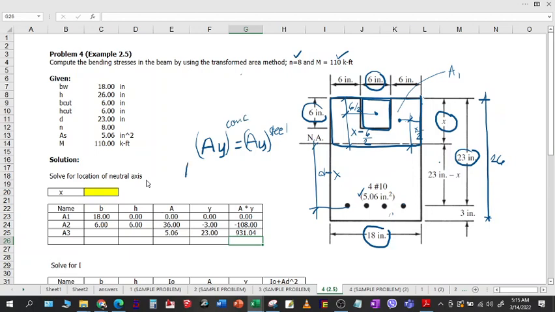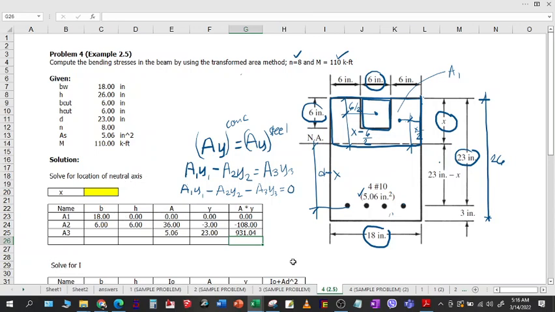Okay? So therefore, area 1, Y1, but we have here a small void, so minus area 2, Y2, that will be equal to area 3. Okay? Now, let me just transfer the area 3, Y3 to the other side to make the equation compatible for our goal-seek function. So, area 1, Y1 minus area 2, Y2 minus area 3, Y3, that will be equal to